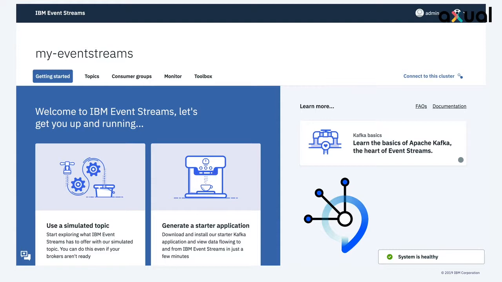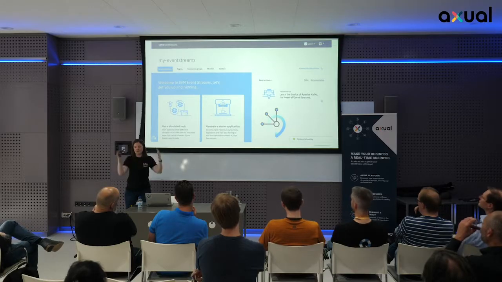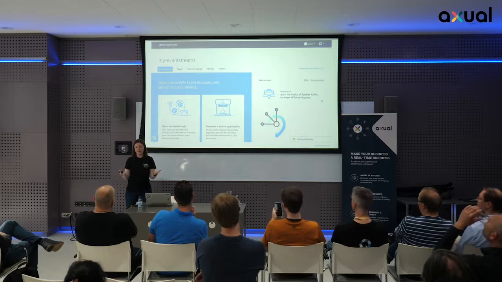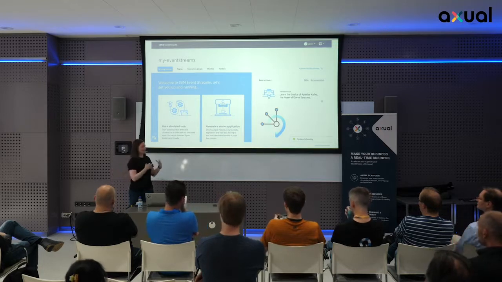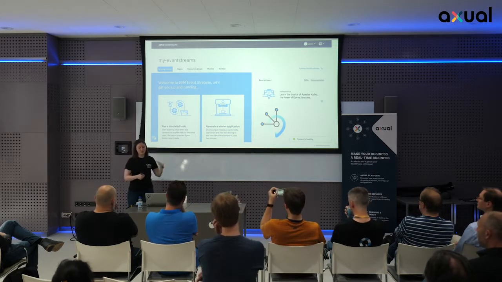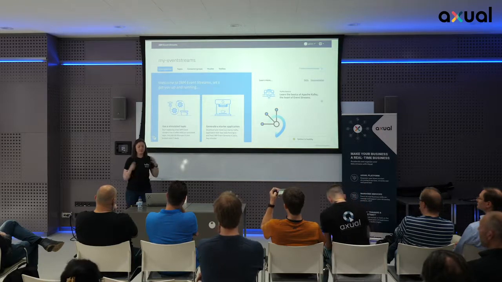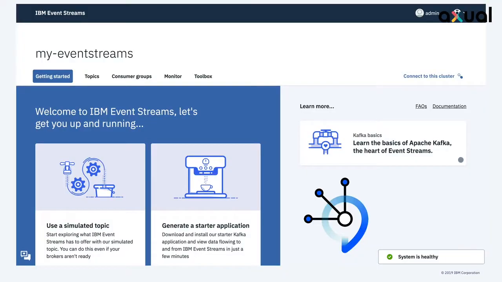So what I'm going to do is actually first introduce the product that I work on, but there is a good reason for this. So this is Event Streams, IBM Event Streams. It's a fully supported Kafka offering. You can see here our UI, and we have some additional value add capabilities on top of Kafka that we provide. So things like our UI, some monitoring tools, that kind of thing. But the key thing for this talk is that Event Streams is actually built on top of Kubernetes. So this is the kind of real world experience that I have of trying to get Apache Kafka running on Kubernetes.